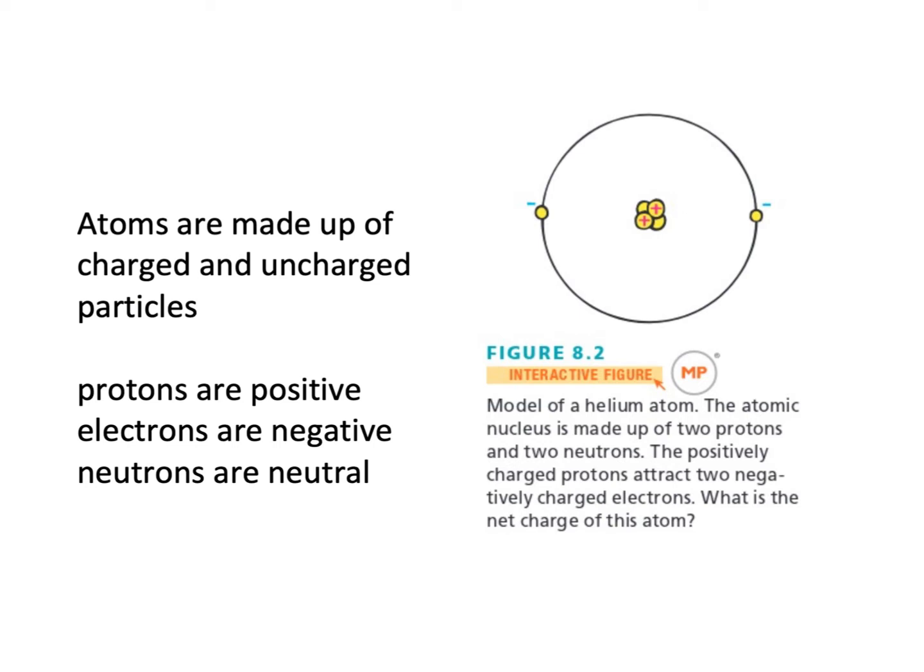Now, I already reminded you of this in another slide, that the atoms that make up the matter that exists in our world have three different types of particles. They have protons in the nucleus, which are positive. Notice there's a little plus here and a little plus there denoting these two protons. They're positively charged. There are also in many atoms neutrons, which are neutrally charged particles.